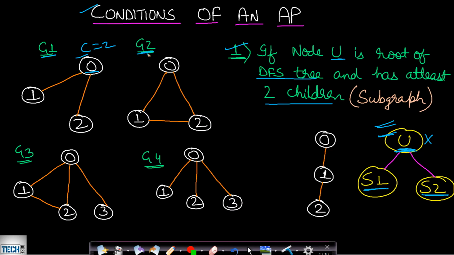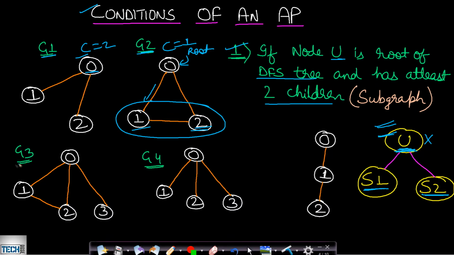If you look at this graph 2, this node 0 can be said to be a root node, but if you see how many children there are for this node 0, there is only one child, because this 1 and this 2 are connected together. So if you make a DFS call to 1, then 2 will also get traversed. So this entire thing is a single subgraph. A single subgraph of a root node will be considered as a child. So this 1 and 2 will form a single child, and so the child count here for 0 will be equal to 1.